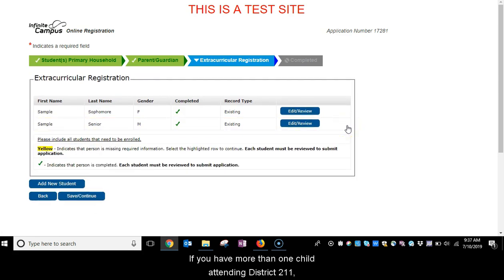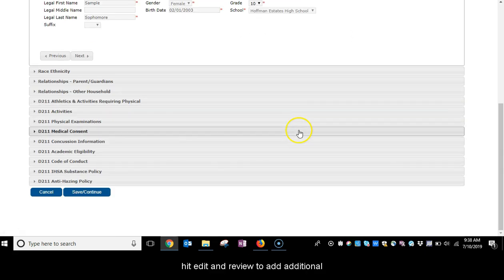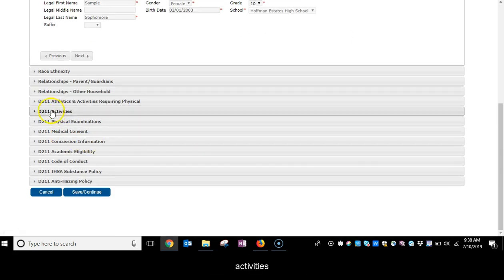If you have more than one child attending District 211, you will need to register all of your children for extracurricular registration when you need to register one. If you need to add a different activity or athletic event later in the school year, you can always go back in and then hit Edit and Review to add additional activities